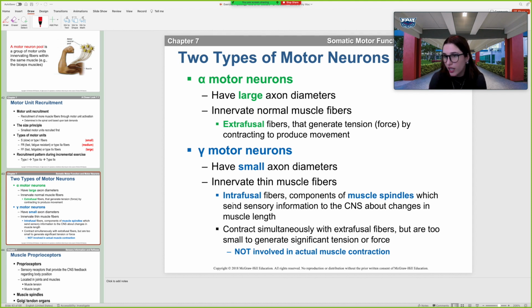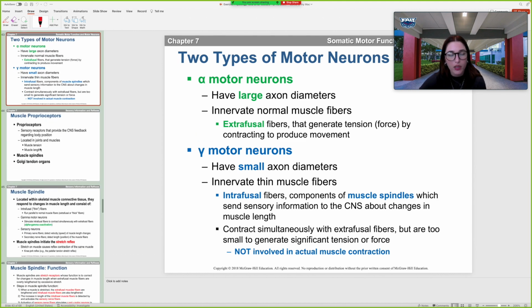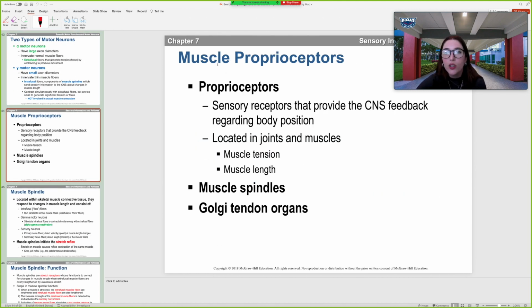They're a sensory part of the muscle, okay? And again, we'll get to the spindle in just a second. So we have something called proprioceptors. Proprioceptors are sensory receptors that basically tell our body or our central nervous system what's going on with our body